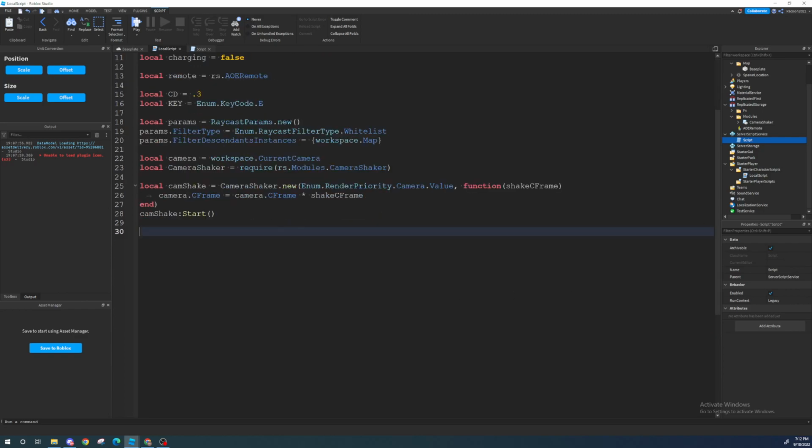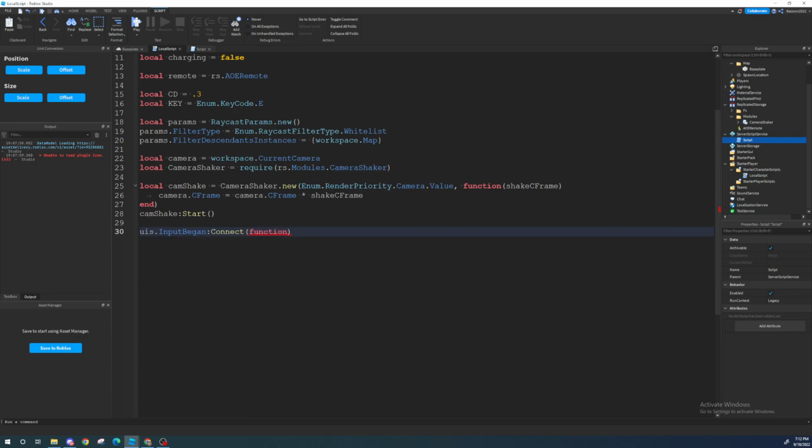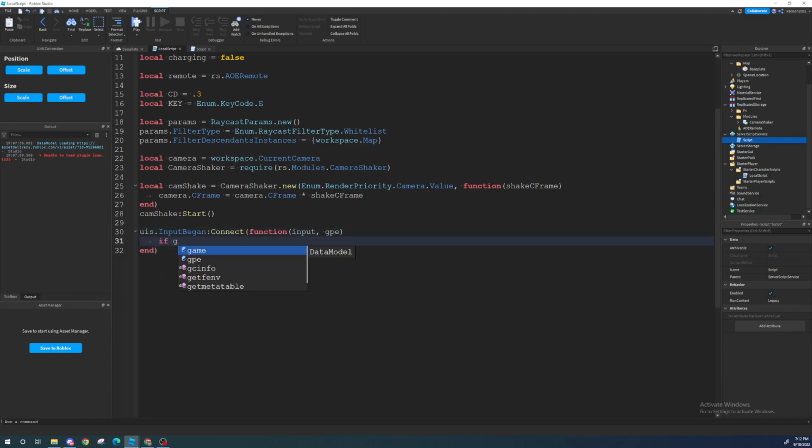Next thing we're gonna do is we're gonna set up our user input service. So UserInputService.InputBegan:Connect function. And then the two parameters are input and gameProcessedEvent. So if it's a game processed event like typing, then we just return, and we don't want to do anything if the input that we detected is something that Roblox handles. Otherwise, if our input's key code is equal to the key that we want, and we are not on cooldown, then